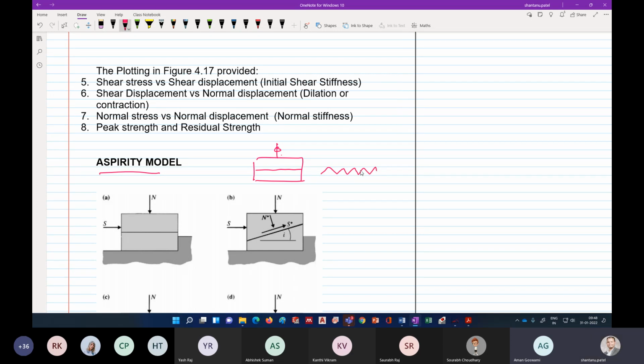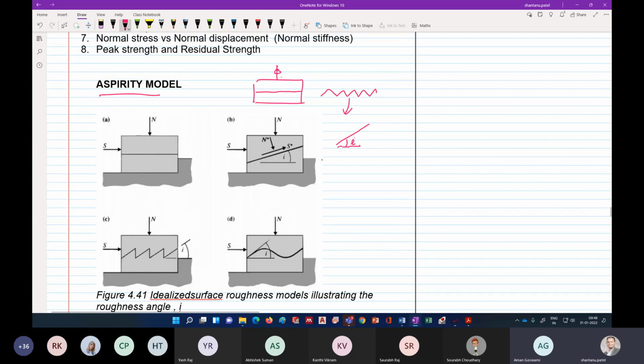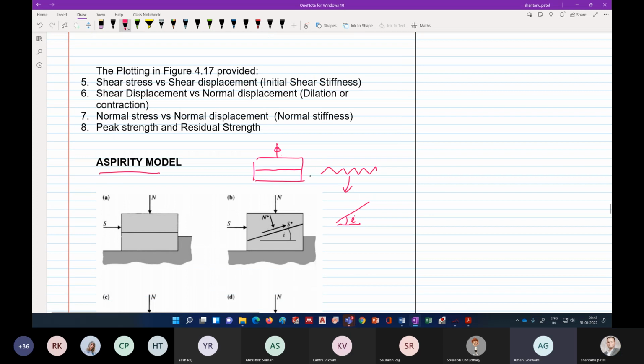If you zoom in, it looks like this, and this angle is, let's say, I. Then what this asperity model says is that the total friction angle of this kind of joint, which is a rock joint, is